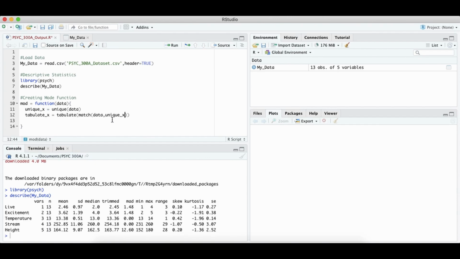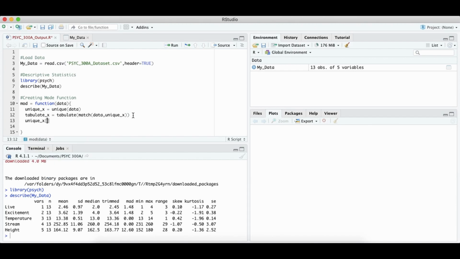So that's a little bit more convoluted, but we're using a function of match within the function of tabulate there. Data refers to these data names that we've been using, and unique_x refers to the first line that we had in this. We have one more line, which we will do as unique